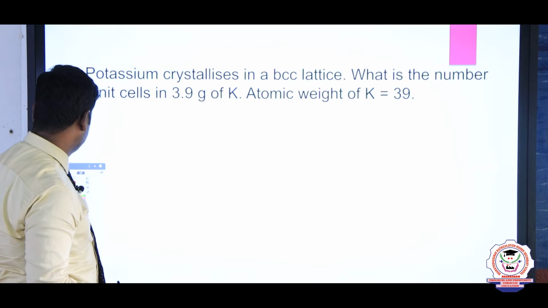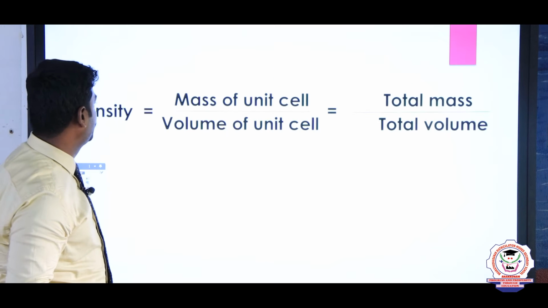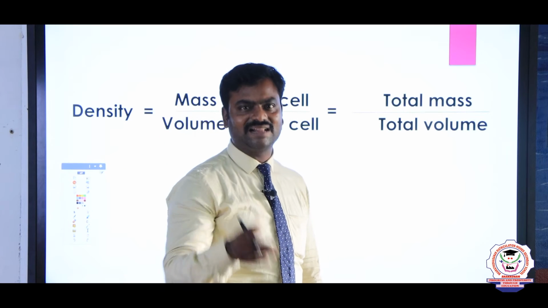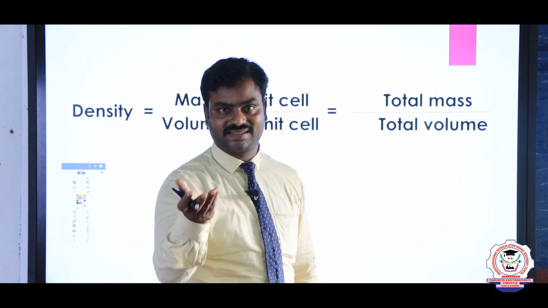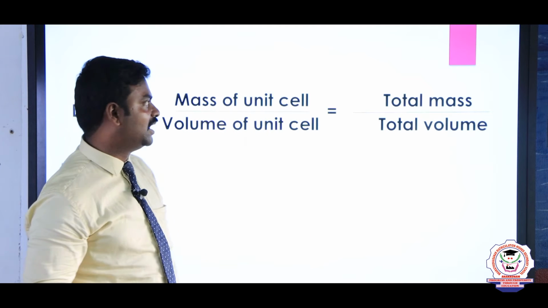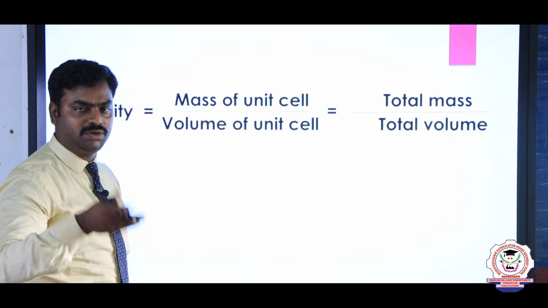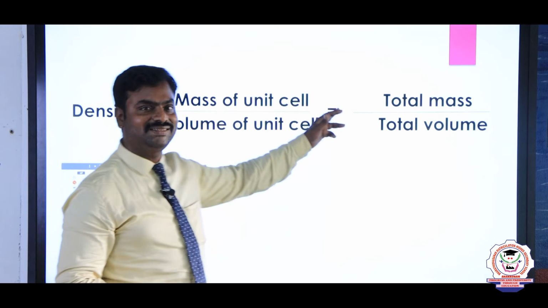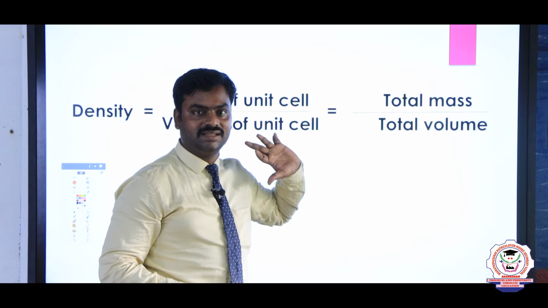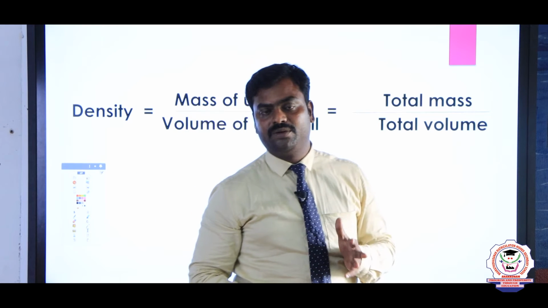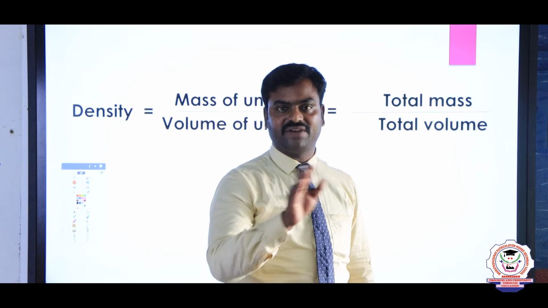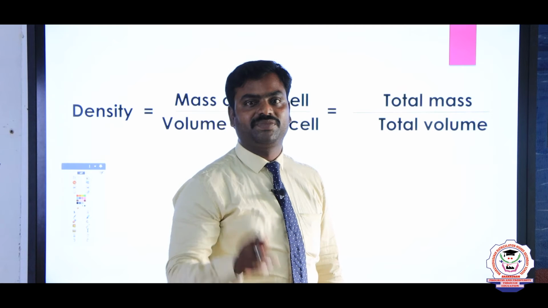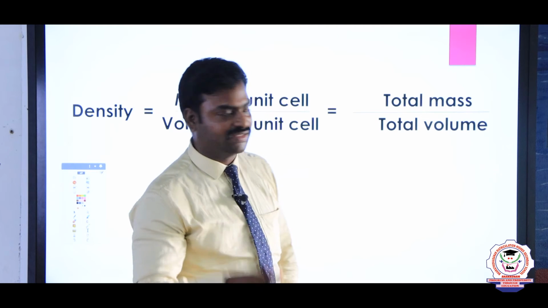The next problem is regarding density. What is density? We can easily calculate density for solid, liquid as well as gases. Density is equal to mass by volume. What about the unit cell? How to calculate the density of a unit cell? First we must find the mass of a unit cell. We already know a unit cell has a restricted number of atoms. So number of atoms multiplied by the molar mass and divided by Avogadro number gives the total mass.